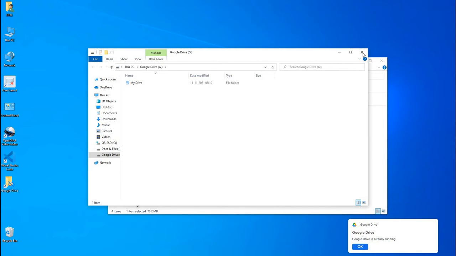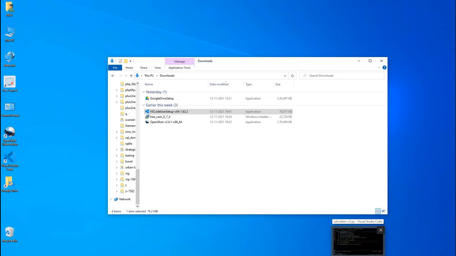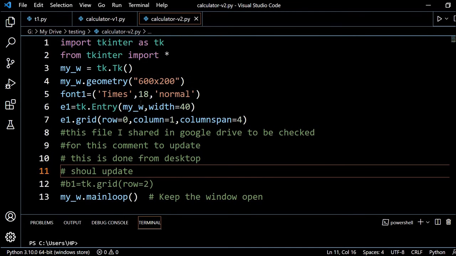What I did is keep all the Python codes in Google Drive, connected to the Google Drive on both my laptop and desktop, and opened it in my Visual Studio Code.